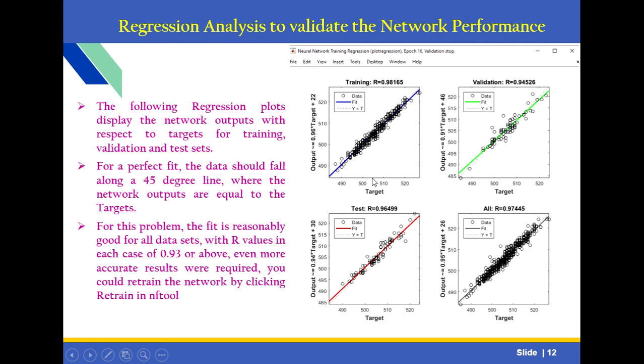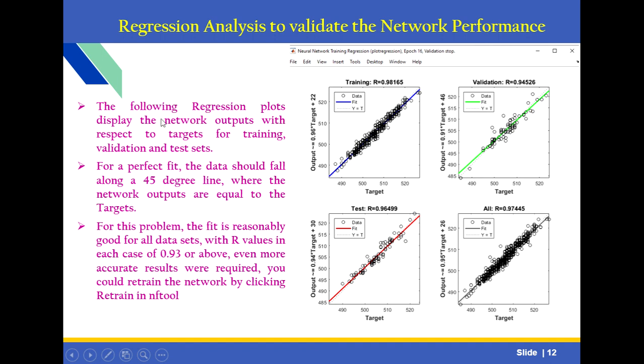This plot is a graph where the approach value is 16, validation is stop. This is the target value versus your output value. Here you see the value. The first plot is for training, the second plot is for validation, and the third one is for testing. Here almost 75% is taken for training, 15% is taken for validation and 15% is taken for testing. Then it shows the overall network performance and regression analysis plots.